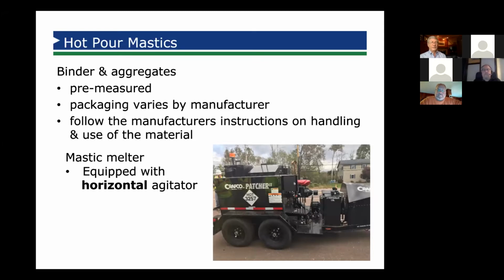It is a rather heavy, thick type material because of the aggregates in there. But once you get used to it, it is distributed and applied fairly quickly. I can teach somebody to do it in 45 minutes, I think. Okay, the next slide